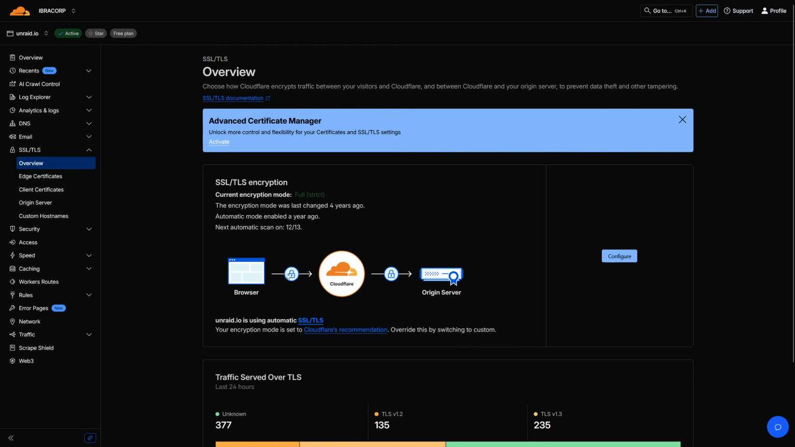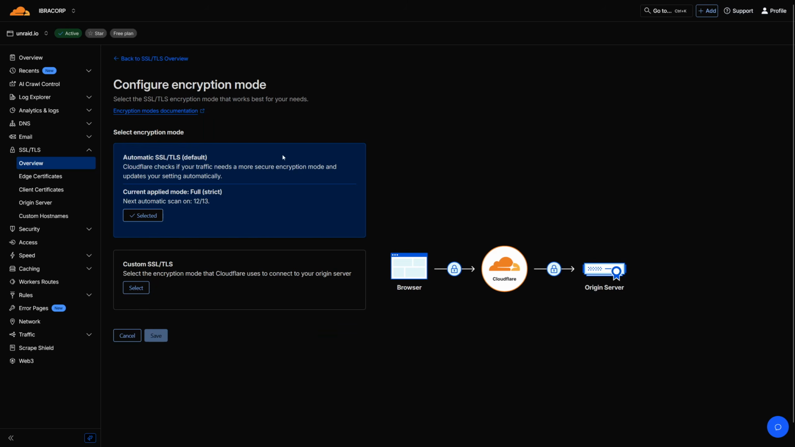And what we want to make sure of is that the browser to Cloudflare to the origin server, if we click on configure, it's currently set to automatic. This is a newer feature of Cloudflare where it will detect what kind of certificate you're running on the origin and pick the most appropriate setting. Previously, you used to have to actually set this manually, right? So what it's done is it's scanned it and realized that we actually have a Cloudflare certificate on our origin and set it to full strict, which means that if somebody was to try and jump in between here and intercept halfway, it would fail